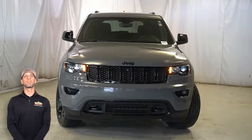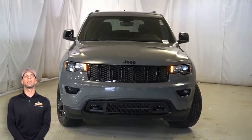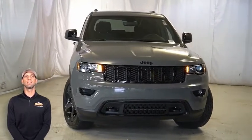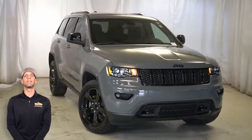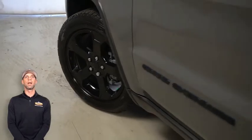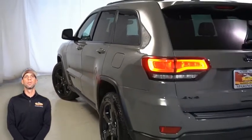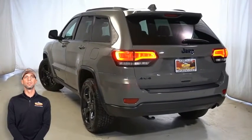If you're looking for a functional SUV with reliability and safety for the whole family, then take a look at the certified pre-owned 2019 Jeep Grand Cherokee Upland in Stingray. With black headlamp bezel finish, black gloss honeycomb grille, 20-inch gloss black aluminum wheels, gloss black roof rails, gloss black